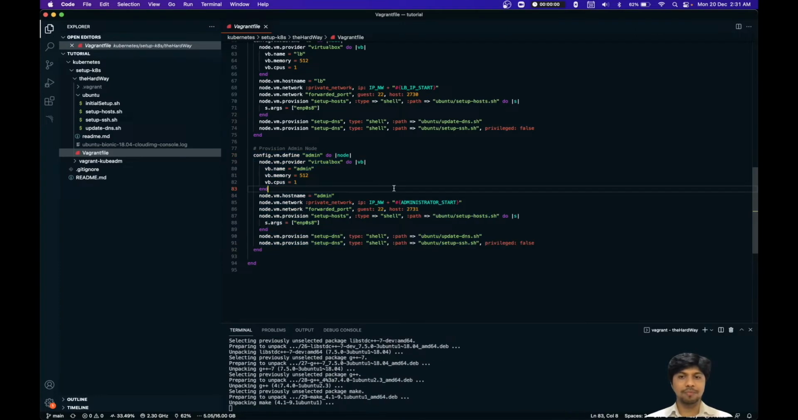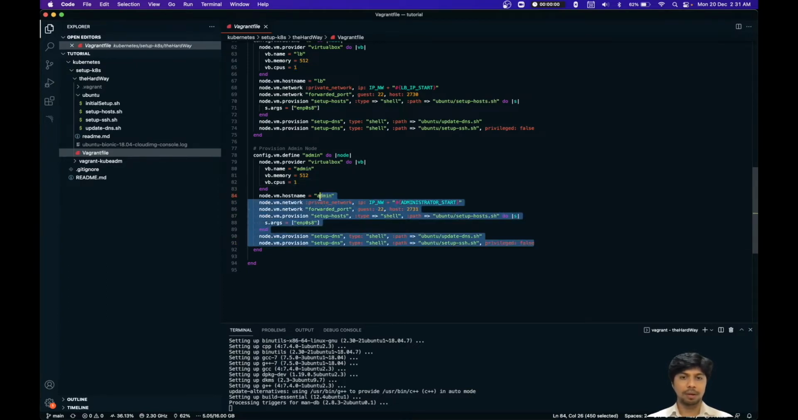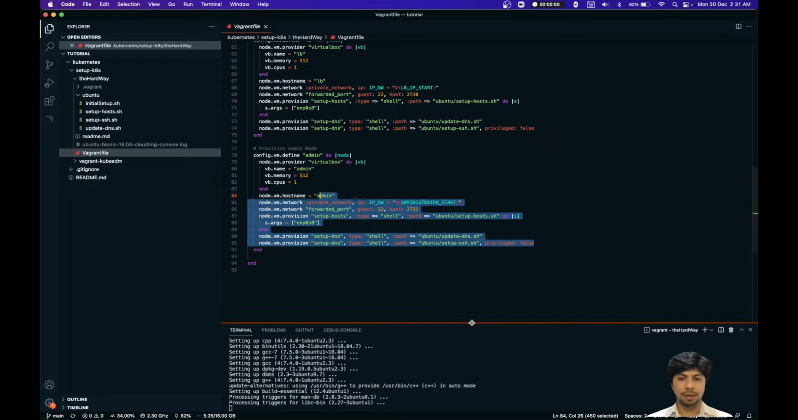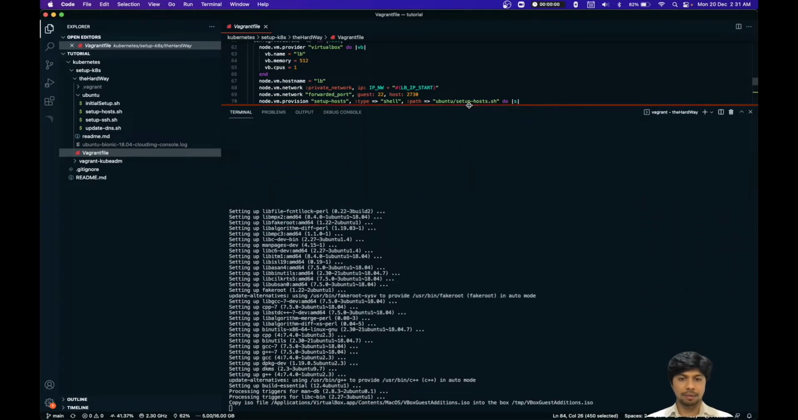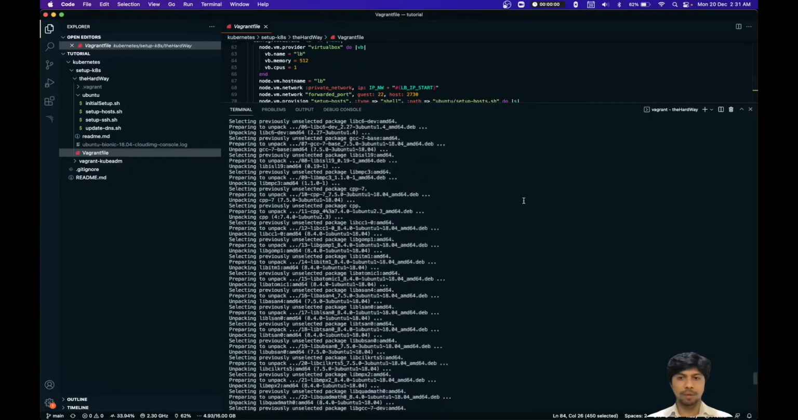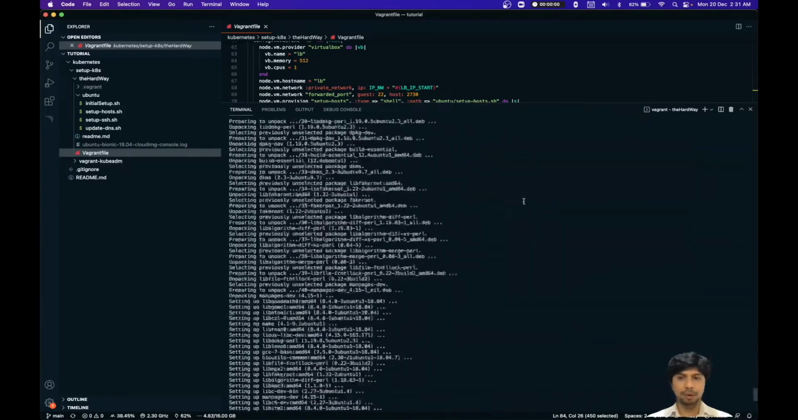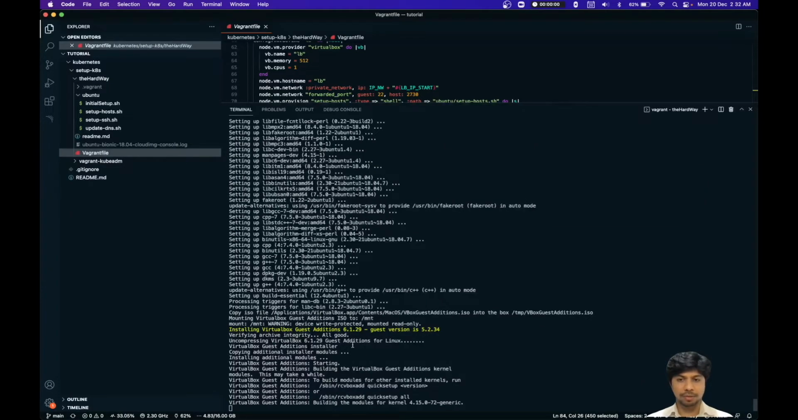And same with the admin VM, very basic, 512 MB, half of a GB RAM and one CPU there, and the rest of it is common. And this script would take around 5 to 10 minutes, depending on the speed of your hardware. Currently it is installing